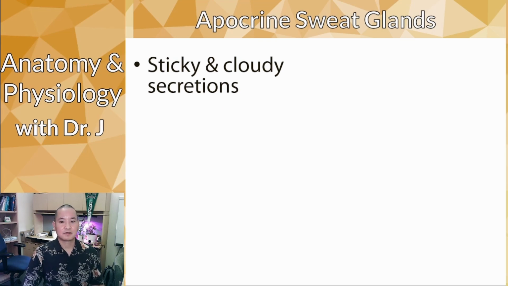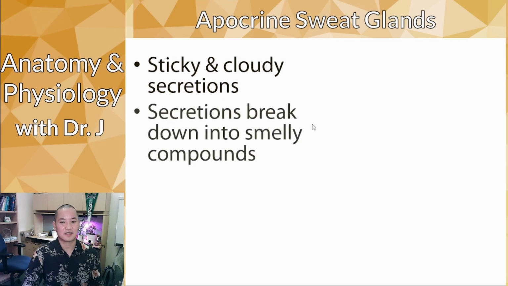Okay, so apocrine sweat glands. This is another type of sweat gland, but instead of being watery like those eccrine or merocrine sweat glands, they produce a sticky and cloudy secretion. What makes it sticky and cloudy is all these fats and oils and lipophilic compounds, and actually proteins as well. So the secretions break down, and